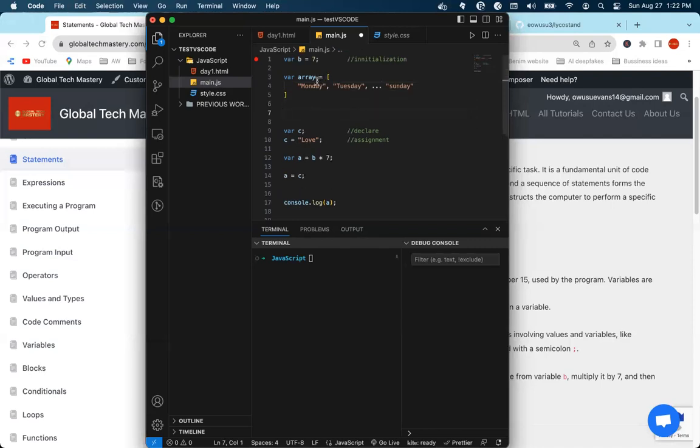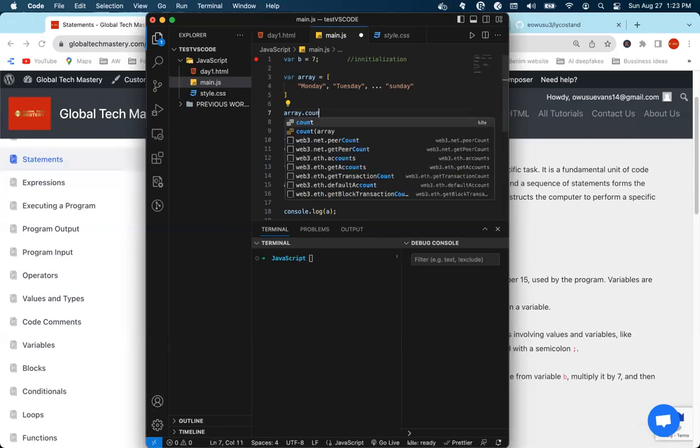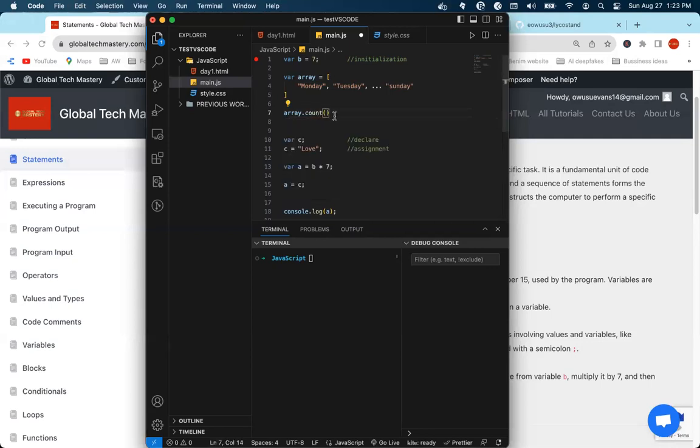So in programming, this data could be coming from somewhere. I could ask the students, people to enter the days in the week. When they enter them, and I have this, now I can check the count. There is a way to count the number of items in this list. Because this is an array, there is a method that is available called count. You can say array.count. In JavaScript, .count. So this one is going to give me the number of items in the list. So I can check if this number is 7, because I know there are 7 days in the week. So if array.count is equal to b,